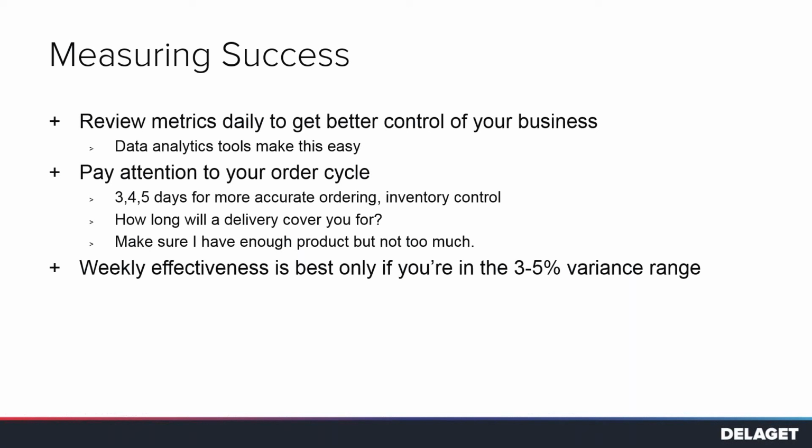Weekly effectiveness is best. Not worded exactly clearly here on the slide, I apologize for that. If you're in the 3 to 5% range, for sure, if you're looking at it from a weekly standpoint, but the best way to measure your success is daily. You may end up looking at the 7 days within a week where your variance is 3 to 5%. But if you haven't hit 3 to 5% more than 4 or 5 times, then you're not doing a great job. You're not effectively forecasting your schedule on a day-to-day basis. So that's something to consider if you're going to use the weekly variance to measure your success.